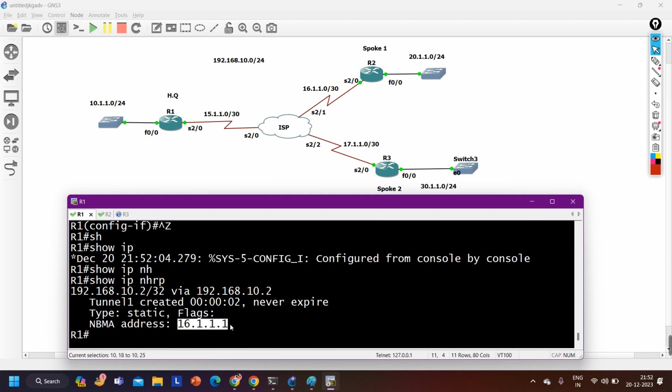192.168.10.2 is 16.1.1.1. Now if router 1 needs to forward a packet to this IP address, right, it will put this IP address as a destination IP address, right? When it will encapsulate extra IP header, when it will add extra IP header, in extra IP header destination should be what? 16.1.1.1. Earlier router was not aware about the destination public IP address. So on the hub router we have to map, right, NBMA address and